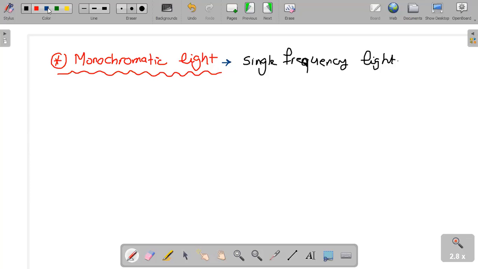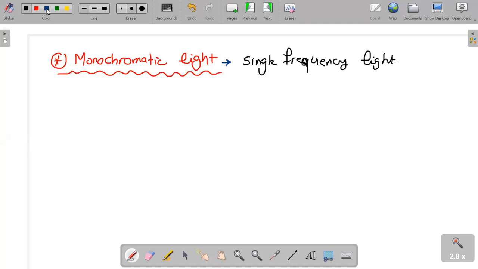For example, the sodium lamp emits yellow light. The yellow light of sodium is around 4000 angstrom, for example. This number is just an example. It means that the 4000 angstrom is emitted, but not only the 4000 angstrom; there is a range around the 4000 angstrom, but the 4000 angstrom is the most intense light.